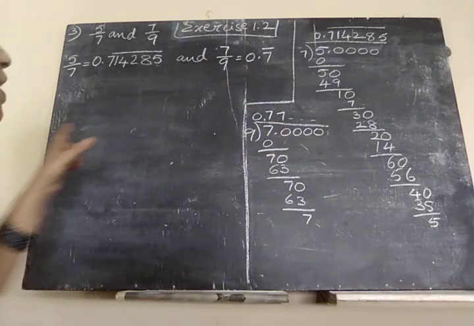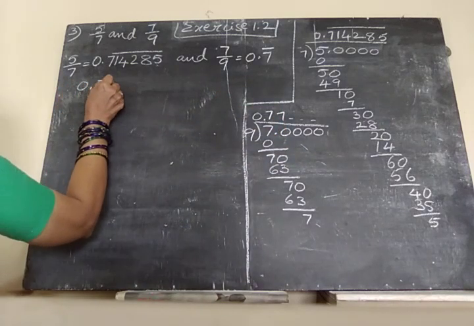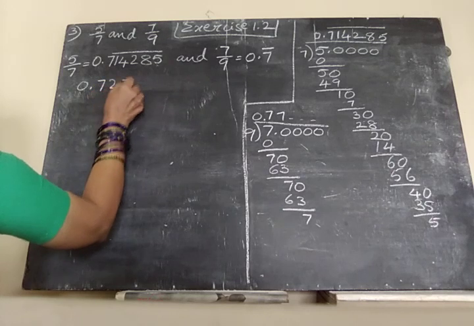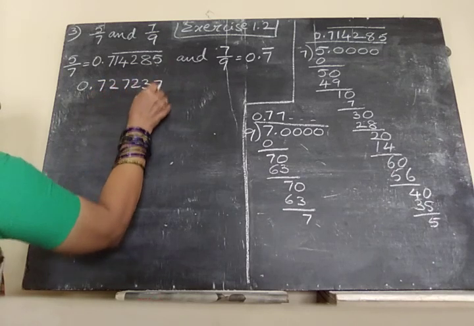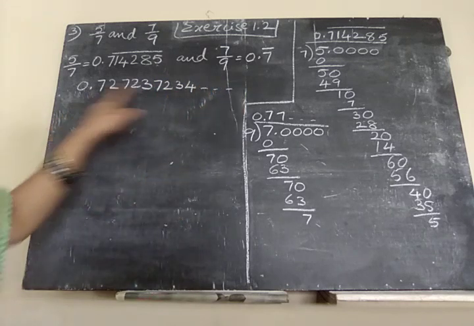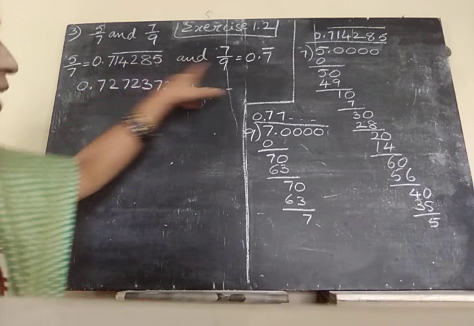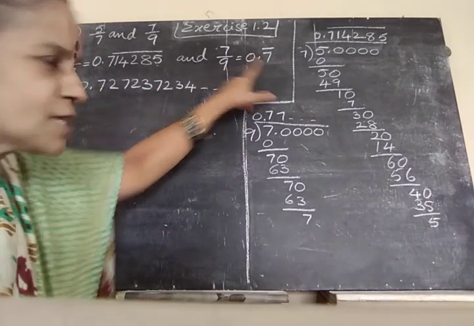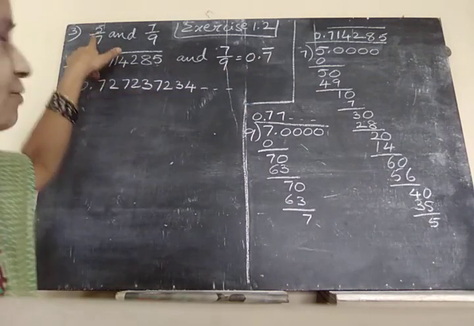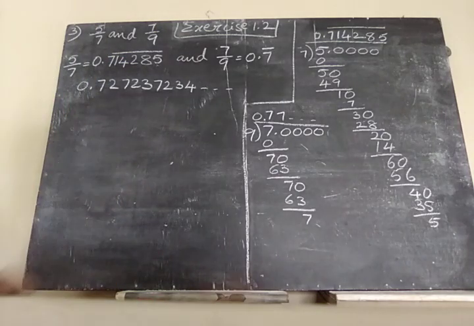So an irrational number in between: 0.72, 0.723, 0.7234, like that, and so on. This is an irrational number between 0.71 and 0.77. It means it is in between 5/7 and 7/9. Okay children, understood? Like that,